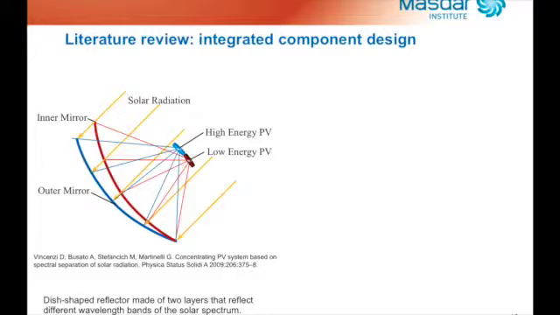So one solution that has been proposed in literature consists in using these dish-shaped reflectors that are made of two layers that can reflect different wavelength bands of the solar spectrum. So basically, each mirror, the dish-shaped reflector, is able to reflect one wavelength band of the solar spectrum and to direct it towards one focal point, and these two focal points of the two reflectors have an offset of 20 centimeters, so we can put two different solar cells made of different